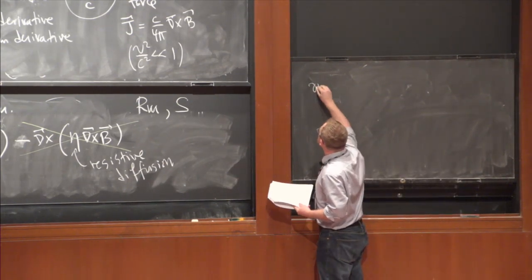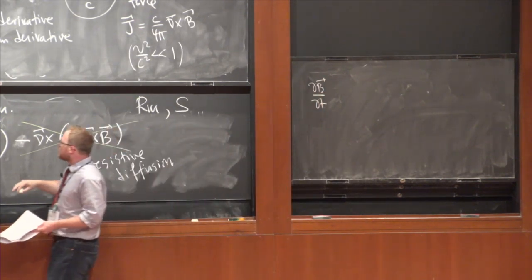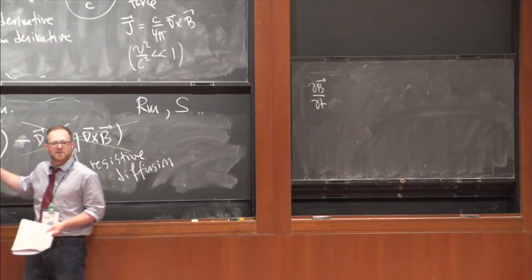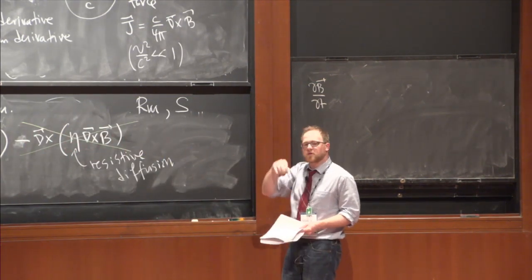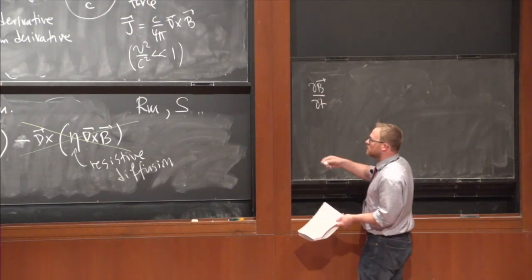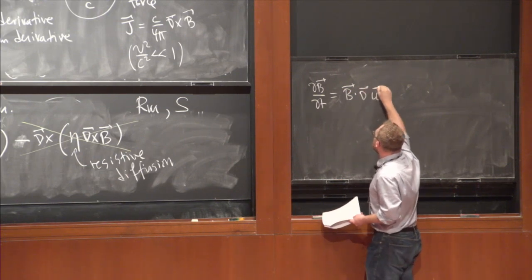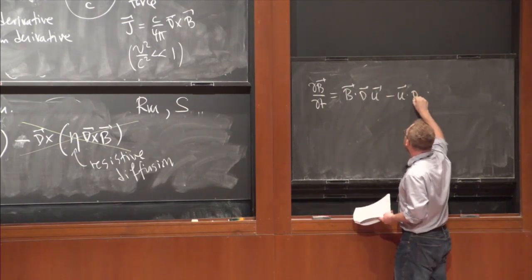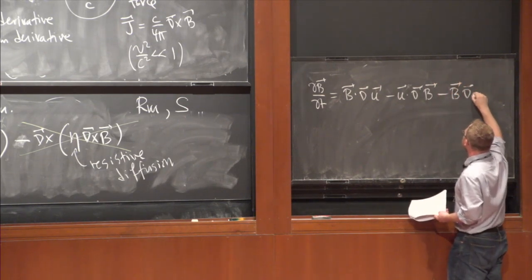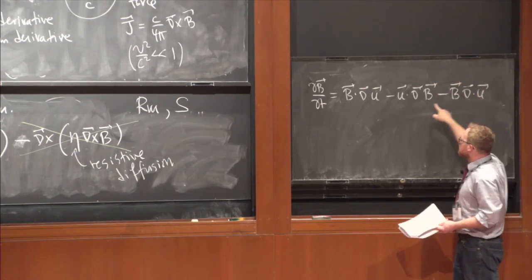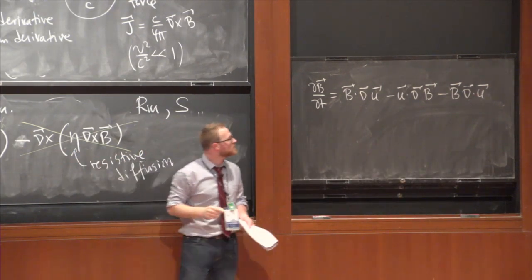So let's look at those. Now there's vectors and cross products and derivatives here, so it's a bit messy to look at it in this form. You can look up your vector identities and you can expand the right-hand side. And that's actually quite useful to do, especially in curvilinear coordinates, because thinking about these gradient operators in curvilinear coordinates is a lot easier than thinking about these curls in curvilinear coordinates, at least for me.